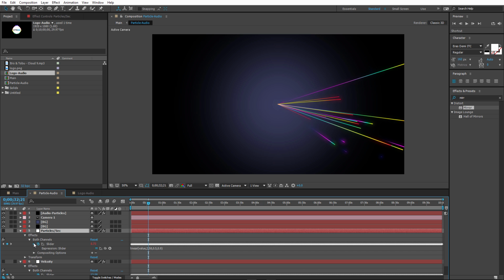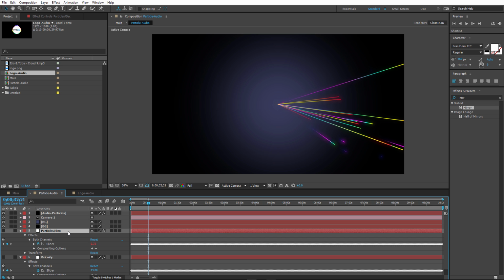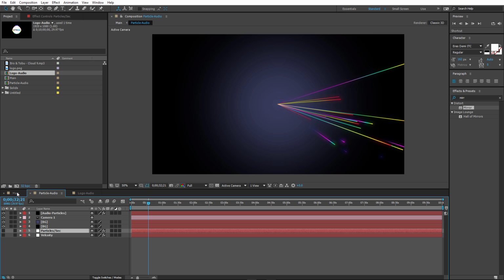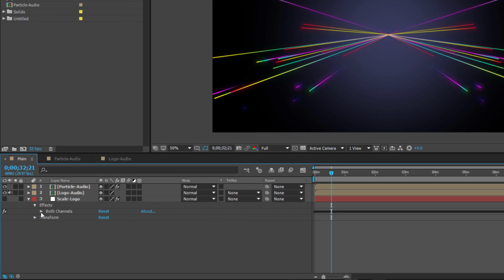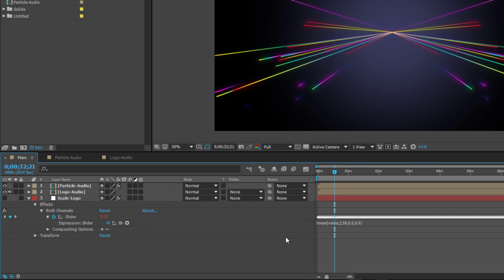It was this one. All right, so we're gonna take the particles per second audio layer, keyframe layer, adjustment layer, and we're gonna pass it right here into the main one. But I'm gonna rename it to scale logo, go to effect, both channels, slider, and I'm gonna set now the minimum